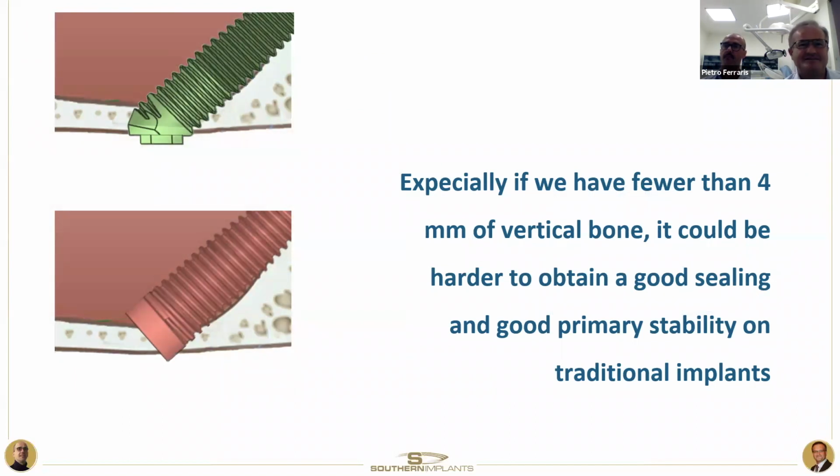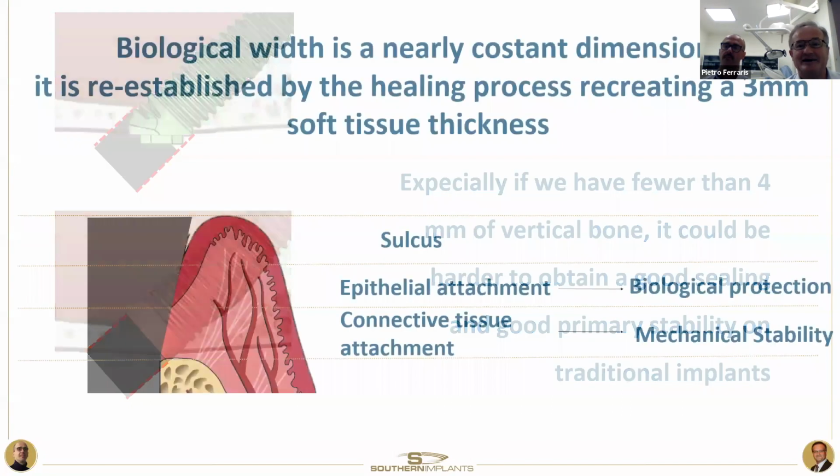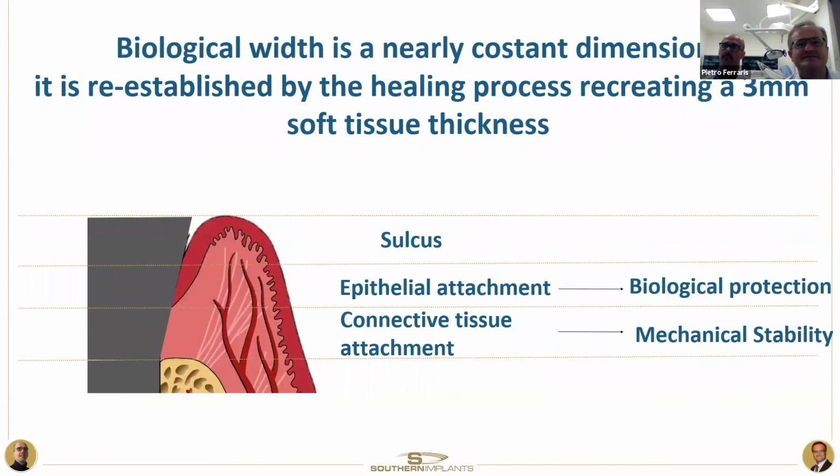We could not reach a good primary stability for the lack of bone during the preparation, or we could have not a good seal of the soft tissue, because when we place an angulated abutment using a straight implant, we start to establish the biological width. We all know that the biological width is a nearly constant dimension that is around the implant and teeth, and